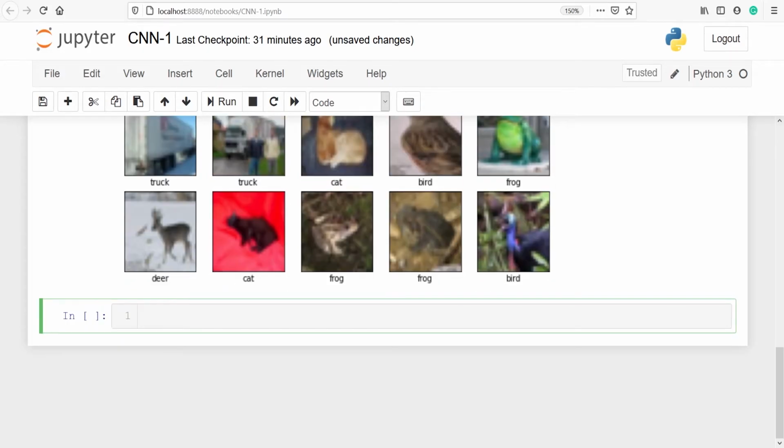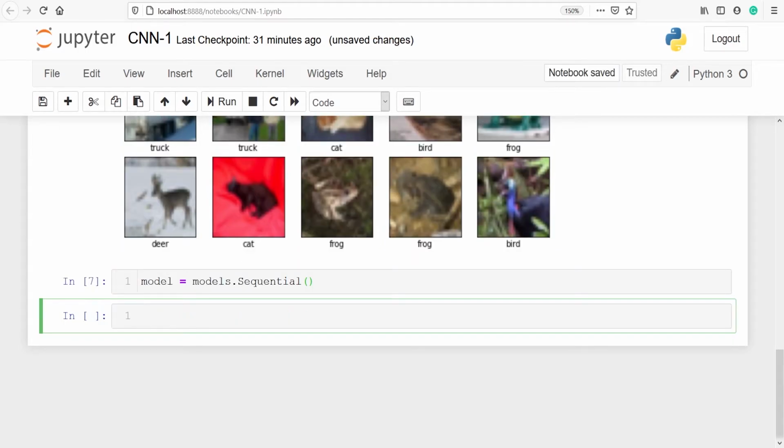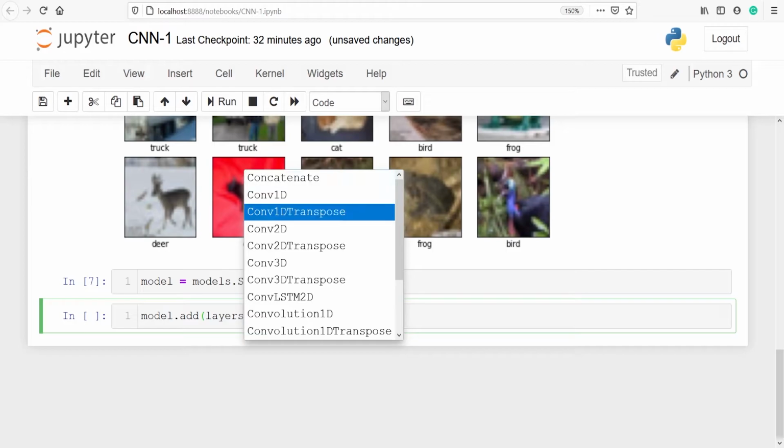Let's create the convolutional neural network base. We will define the sequential model. I will make an object model, and from models I will call the class Sequential. Let's add convolutional and max pooling layers. So I will say model.add. We will use the method add to add layers, and we will add the first layer. So it will be layers.Conv2D